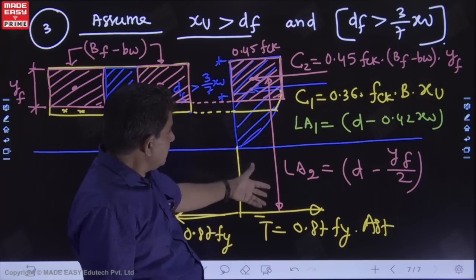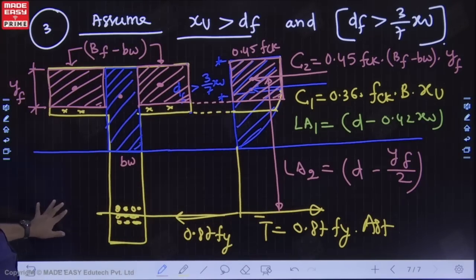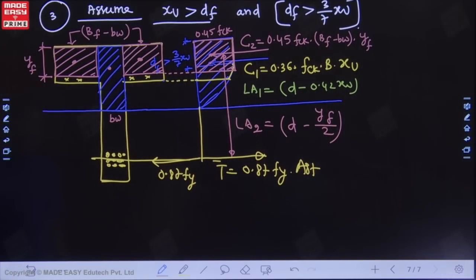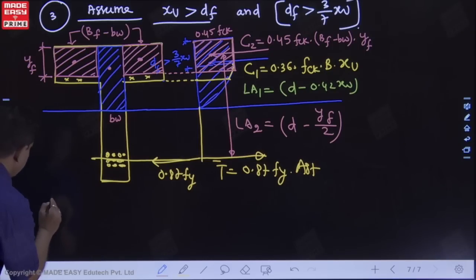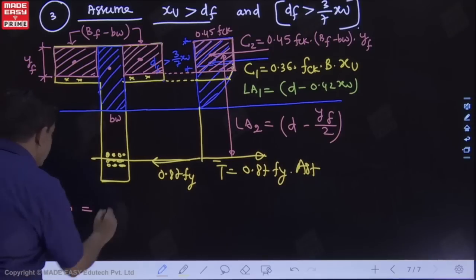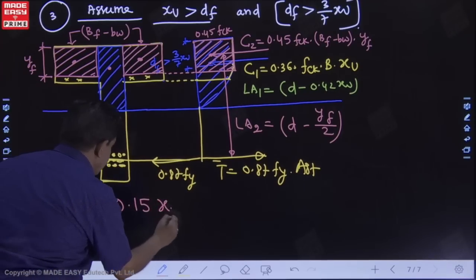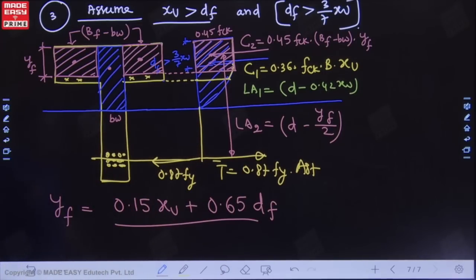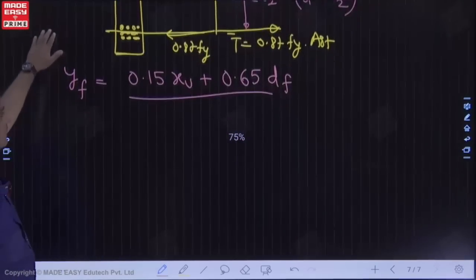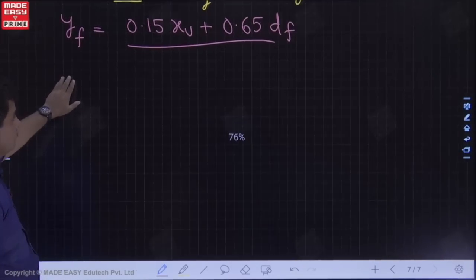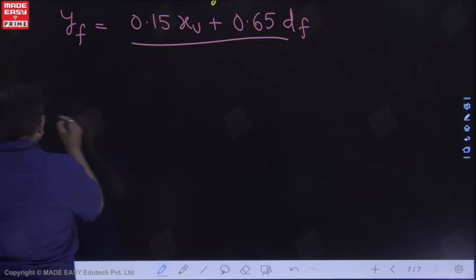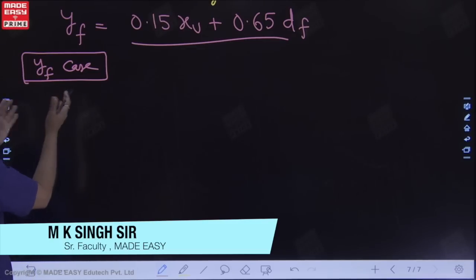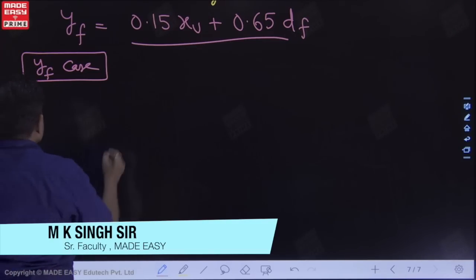So you know the formula, again the formulas are almost the same, and we can write them down. What is the value of YF here? Can you tell me? What will this YF be? This YF value as suggested by the code is 0.15 XU plus 0.65 DF. So we will use this value and then calculate. Let's see how to write the formula. For this case, we call it the YF case. Your formula will become